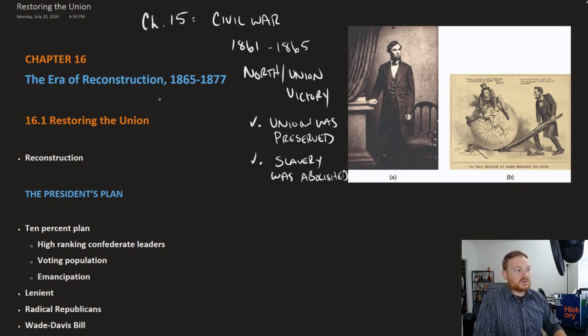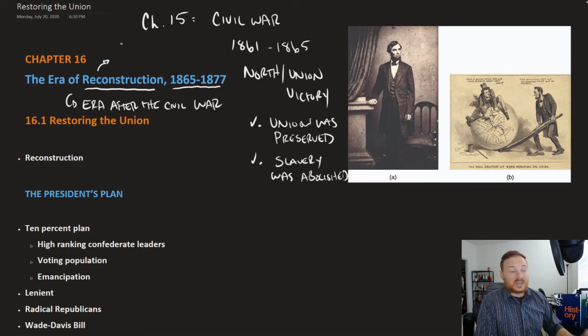However, this period, Reconstruction, 1865 through 1877, is the era after the Civil War. Right, so it's the era after the Civil War. And this term right here, Reconstruction, has kind of two meanings. One, it means to actually physically rebuild,